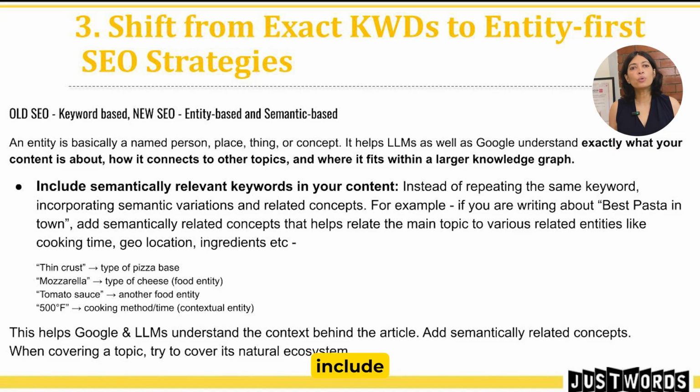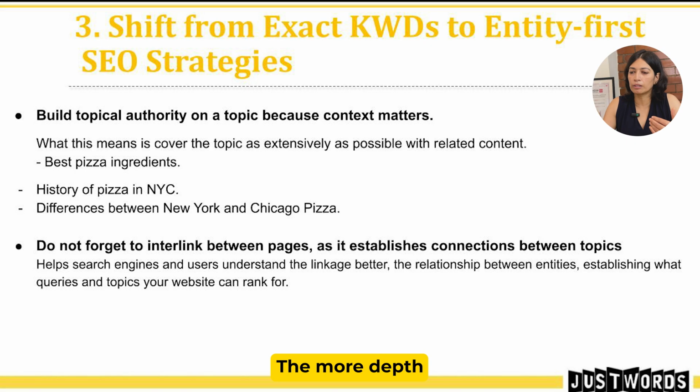So include as many entities as possible. Do not write generic stuff. Do not write fluff. Do not write a simple generic article. It won't cut it anymore. The more depth you build in an article, the more history that you build in an article, the better chances you have of being picked up by LLM search and by Google AI reviews, and even in the traditional Google ranking